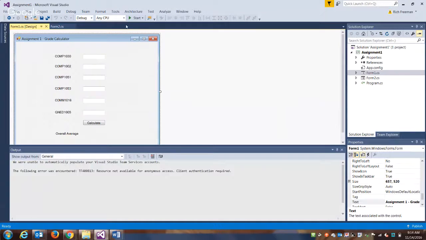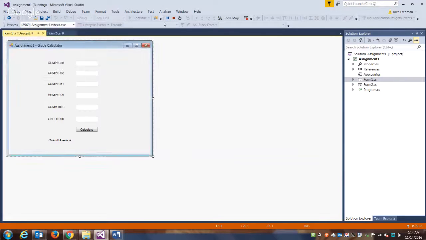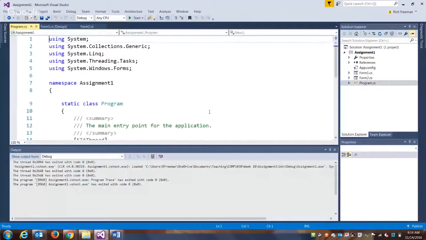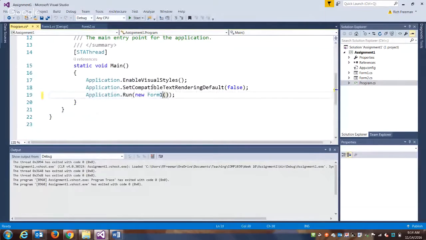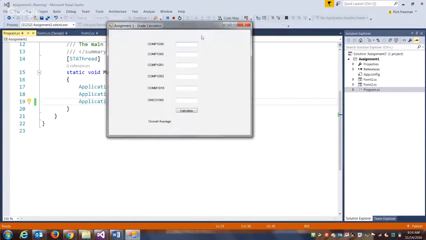So if I run my application, my assignment 1, make sure I load form 1 to start. If I put in valid numbers here, everything should work fine. So there's our grade calculator. The problem is it's really easy to break this. If I simply take out one number,